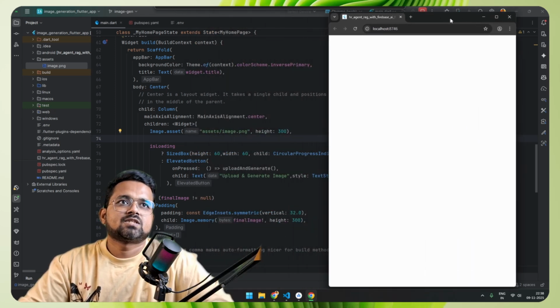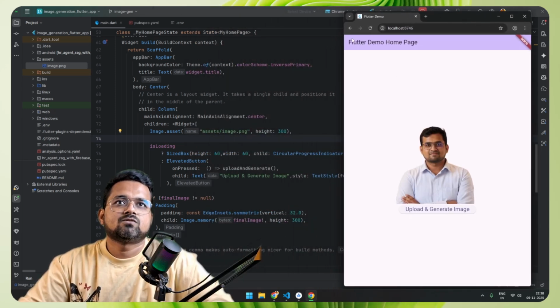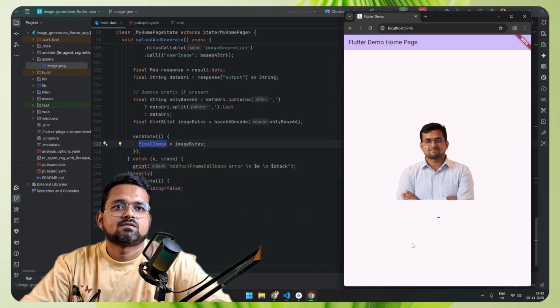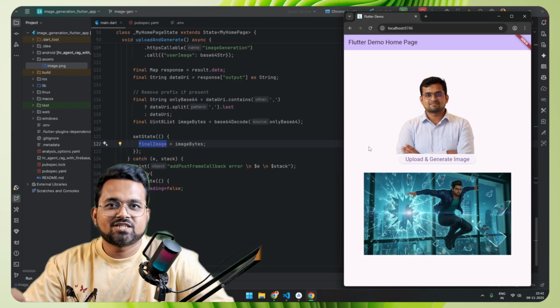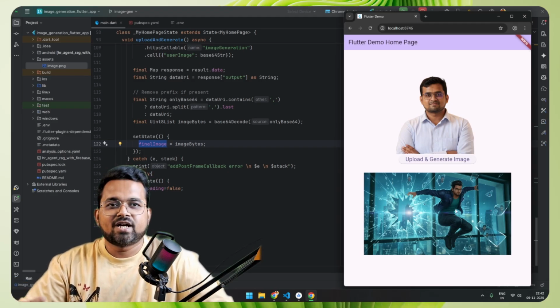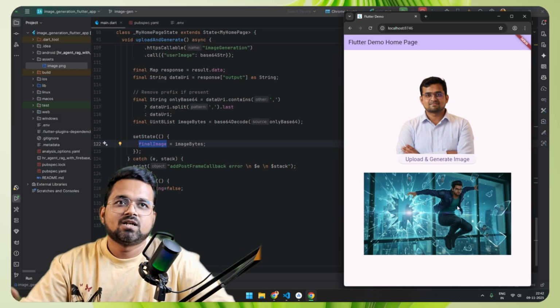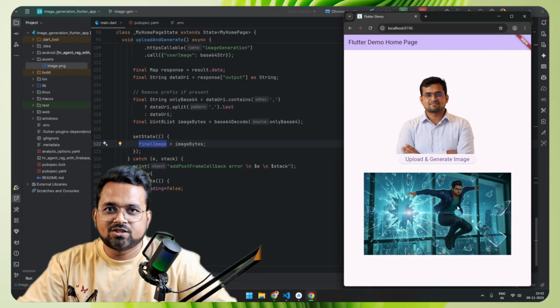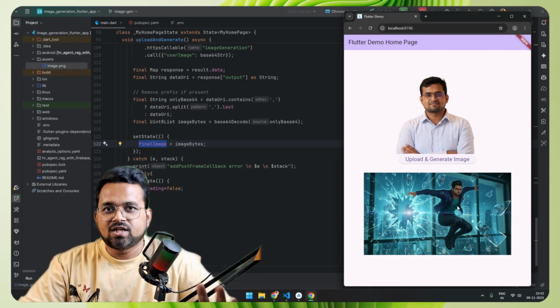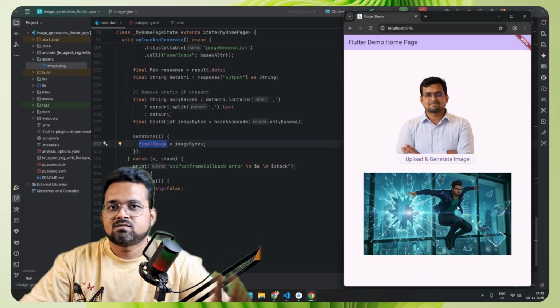So our web app has been started, and let's wait. You can see this is the view. An image has been there, and one upload and generate image button. And there you go, our image has been generated and it looks cool, and you can save it in your gallery or download it and upload on server as you wish. But your whole image generation API is working via Genkit, and your API has also been protected by a serverless